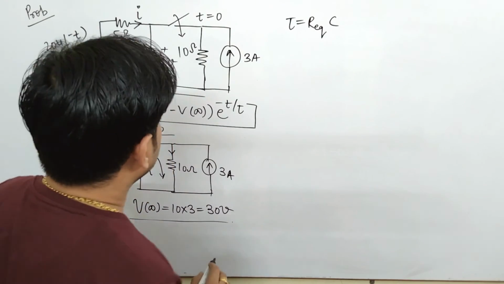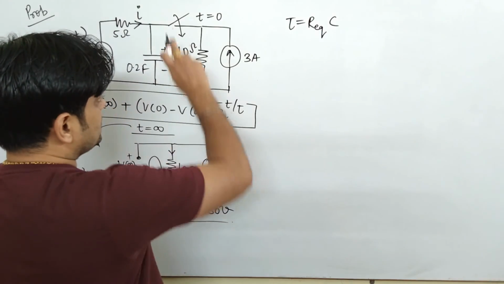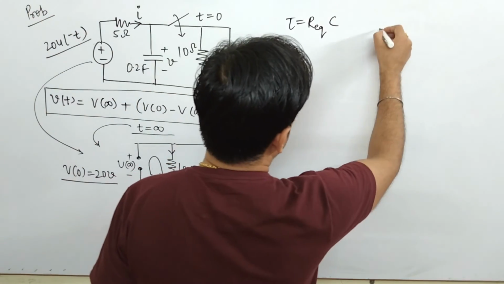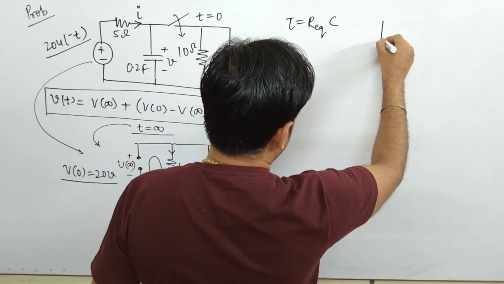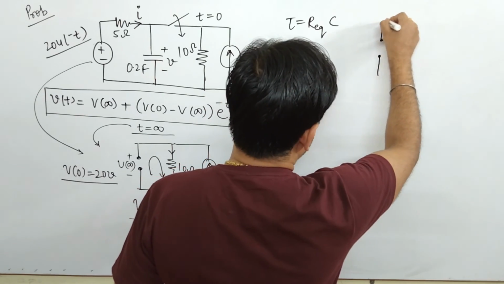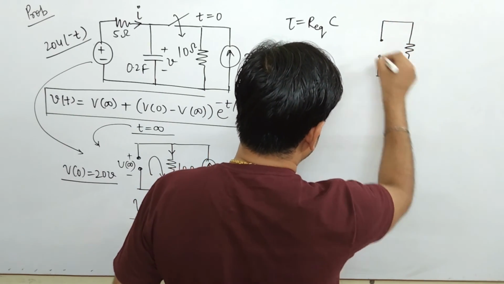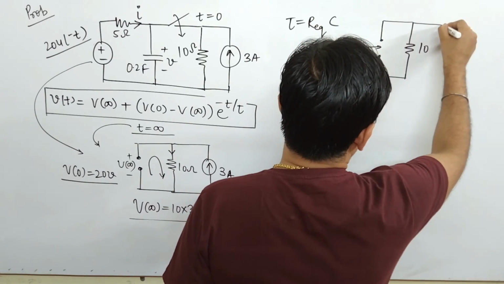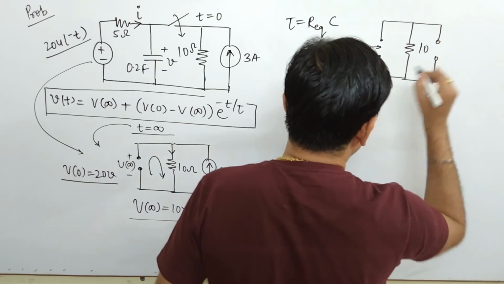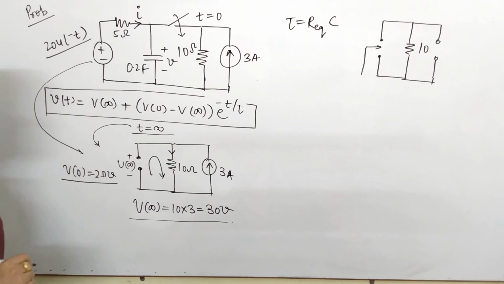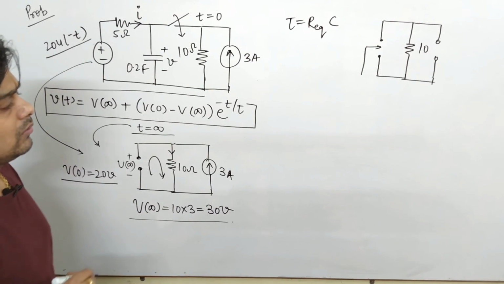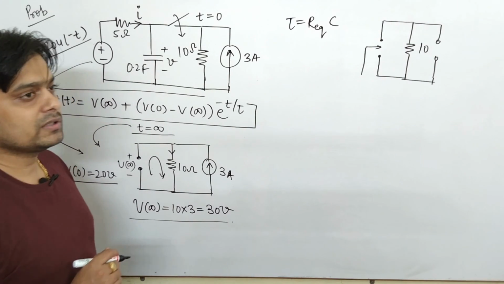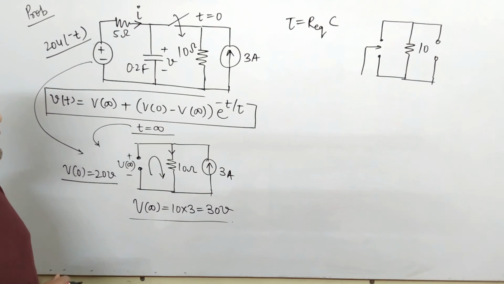You know the value of C, you have to find the value of R equivalent. For finding the value of R equivalent across the capacitor, at t equal to 0 the switch is closed. As I said, this circuit has no relevance, so we have to find the equivalent resistance across this capacitor while looking from here, and this current source will get open circuited. While finding the Thevenin's equivalent, you know that all the independent sources, if it is a current source, go open circuited, and if it is a voltage source, it gets short circuited. Thus, in a similar manner, we are doing here.